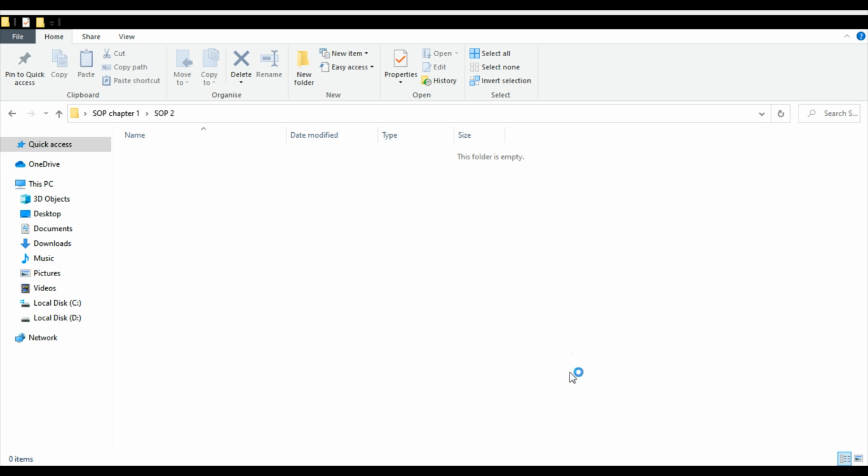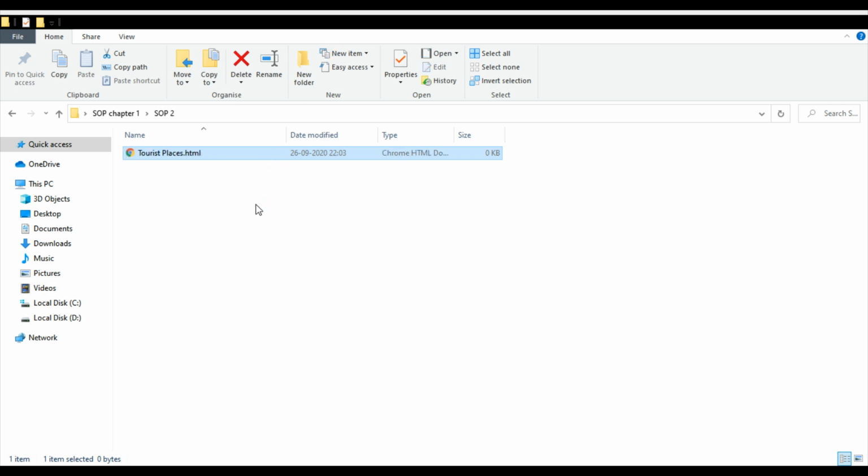New text document .html. So this is our web page constructed. This is blank for now.